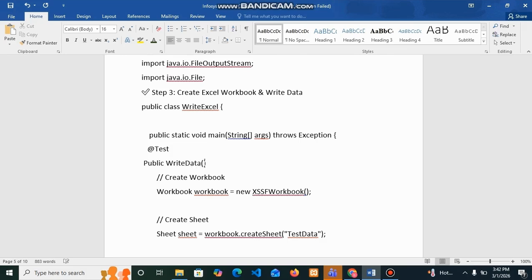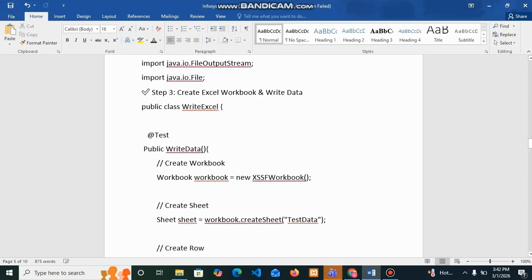This is with main, it will be used in Java applications, and by using the @Test annotation we will run it in Selenium projects. And we have to import @Test annotation related packages at the top.